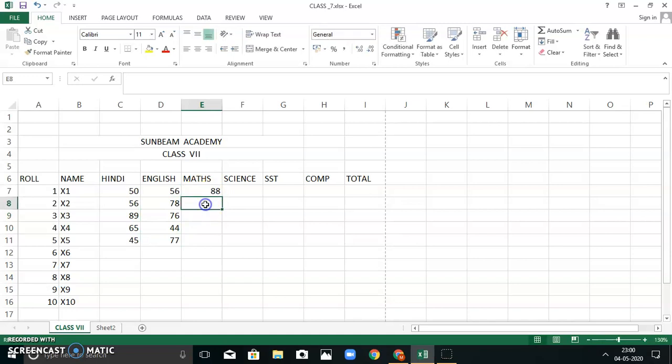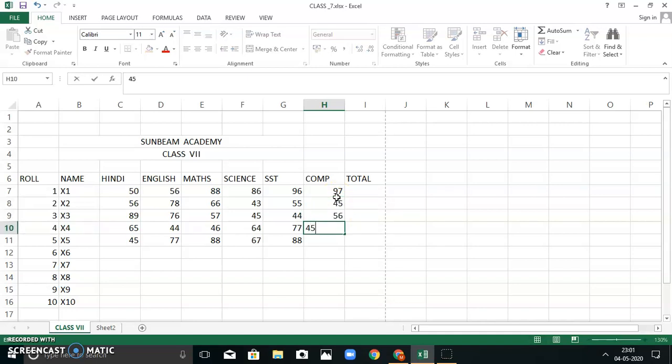In maths, then in science, then in social. In this way I have written a total of 5 names.